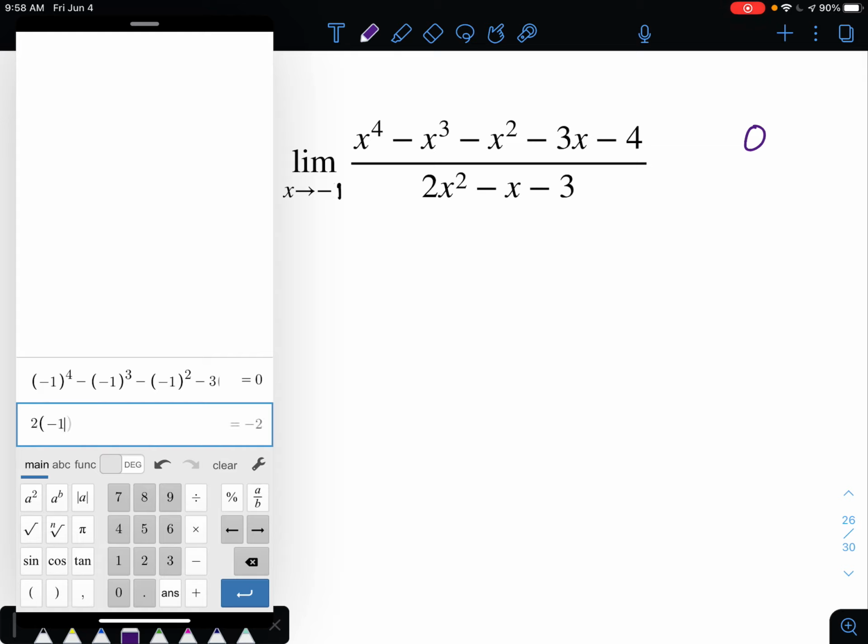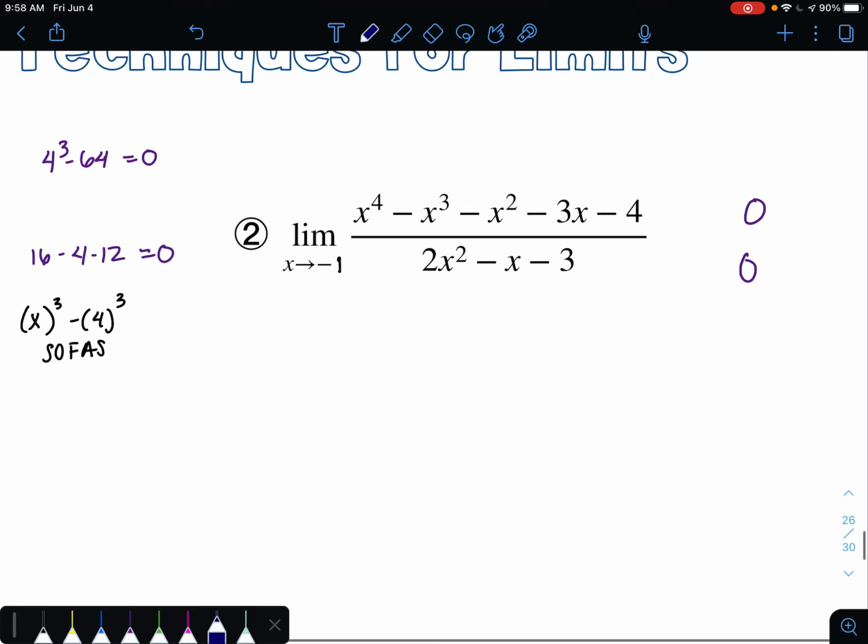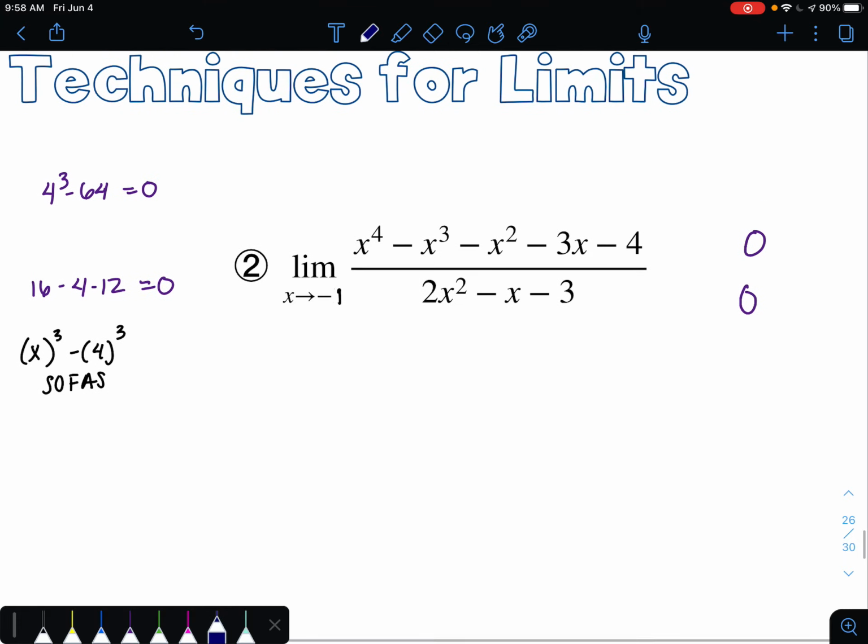And then notice I'm not writing equals 0 over 0. You never want to write that. And then in my denominator, I have 2 times negative 1 squared minus negative 1 minus 3, right? We also get a 0. Right, so because it's a 0 over 0, we know that it's going to be indeterminate and we have to